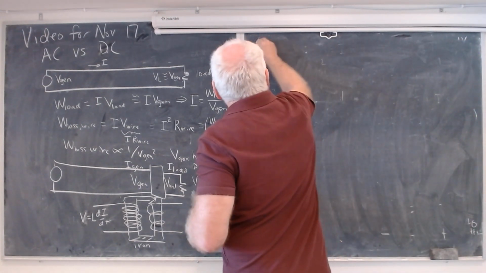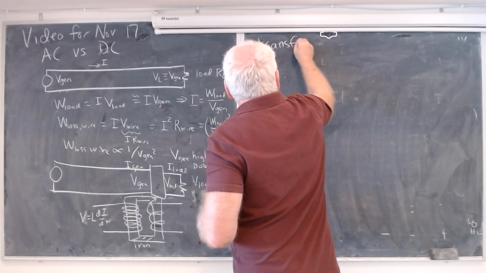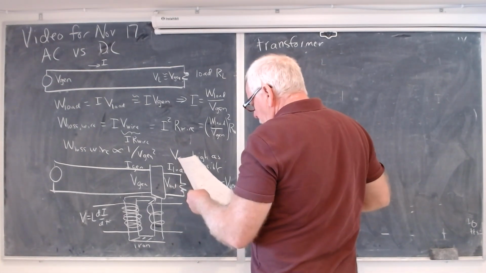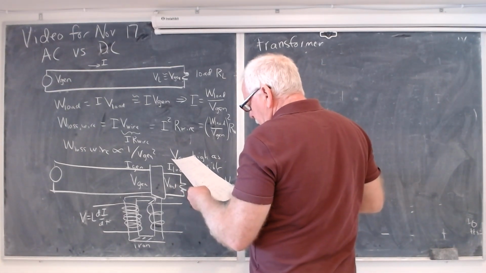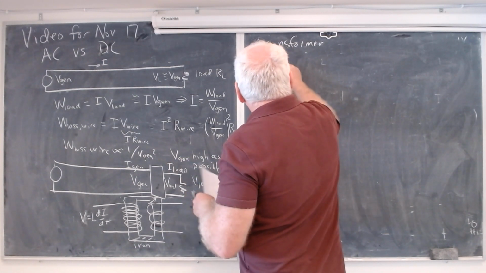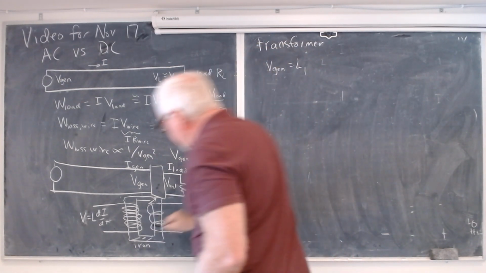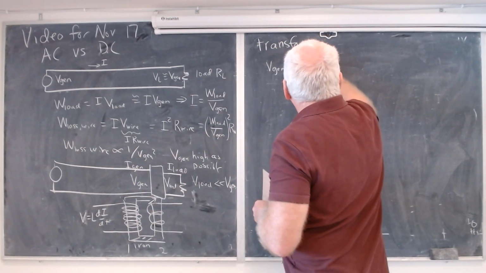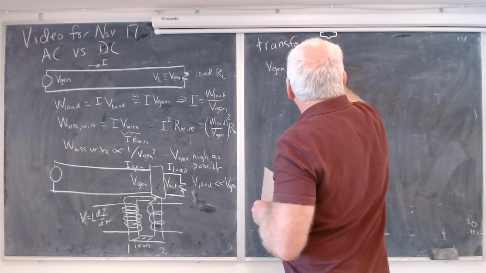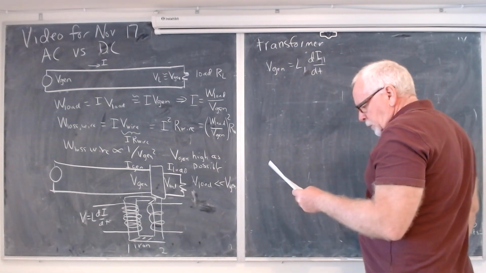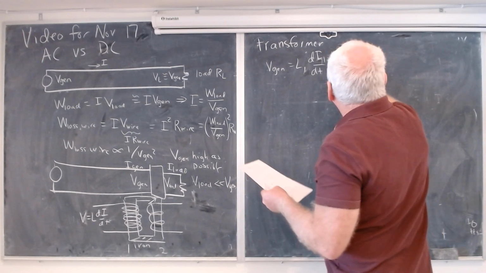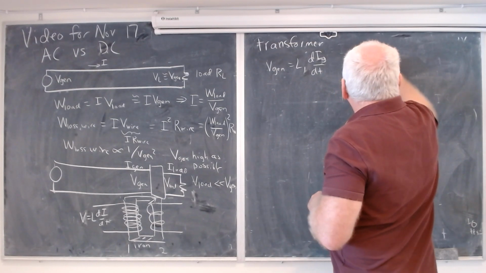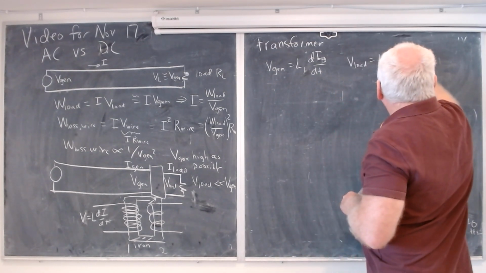Okay, this is a transformer. All right, and we have then that V generator is equal to L1 dI1/dt, if this is side 1 and this is side 2. And V load is equal to L2 dI load/dt,